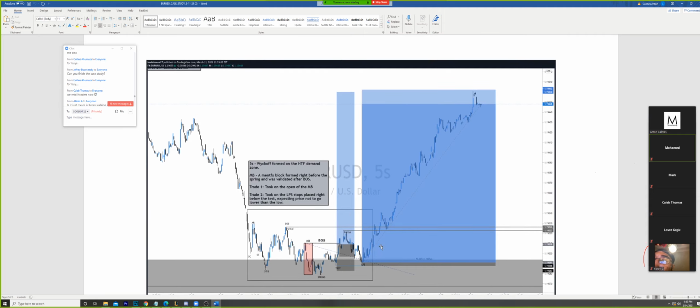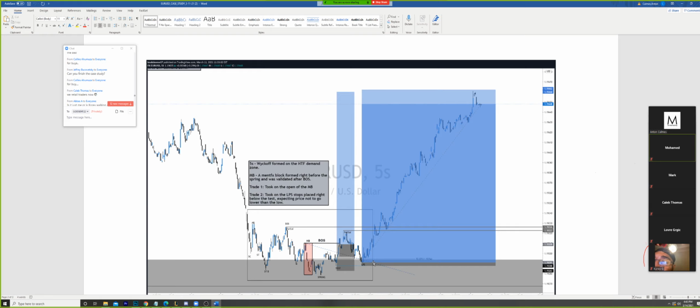Okay, again, even though it ran what looks to be like, I think it's like 1 to 50, 1 to 40, 1 to 30 maybe. I'm not 100% sure. Whatever this might have ran, partials were still taken at this high. Now, when these partials were taken, you can see that this original trade, or if you took the partial of this original trade here, this RR right here, the lock-in of it, is still less than 1 RR, right? But because he was able to wait and get an even better entry, that same partial is also now giving him 1 to 7, 1 to 8.